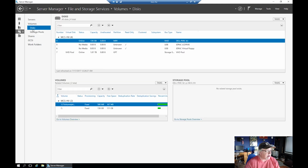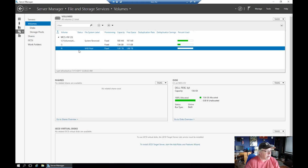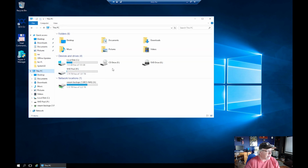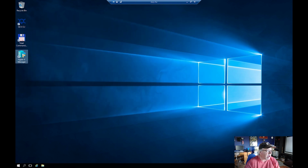So let's see here now. We should have 2 disks, drive P and drive C. Yes, we do. Alright, so now if we go back out to the File Explorer, we should now see the P drive. There it is. Okay. Now we need to go into Hyper-V,